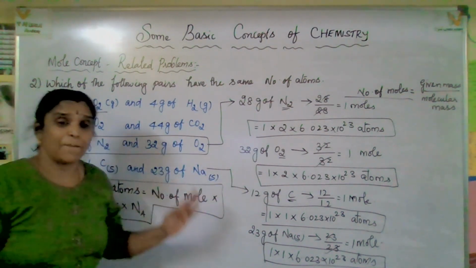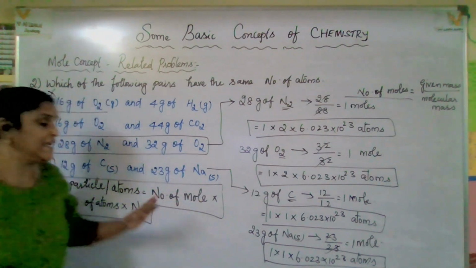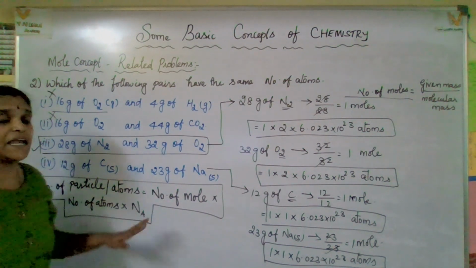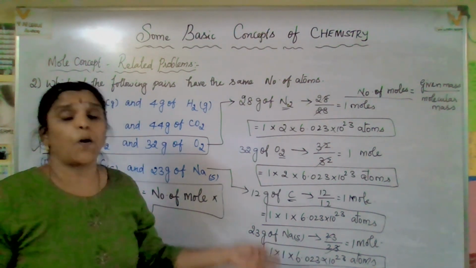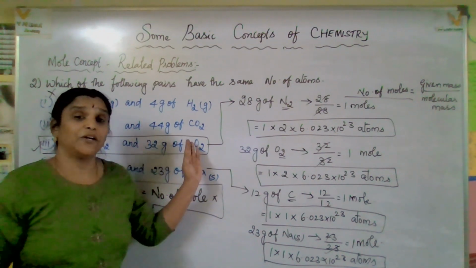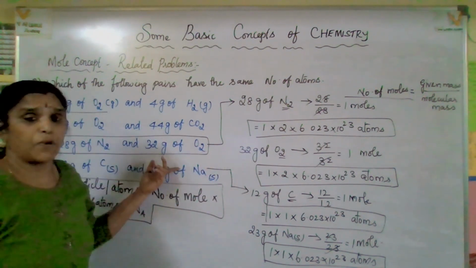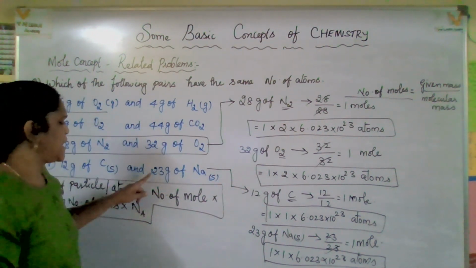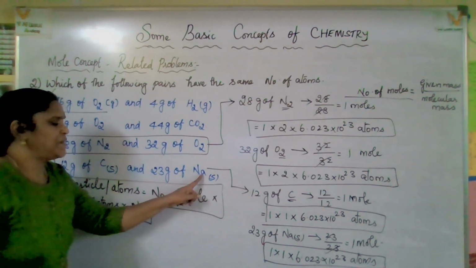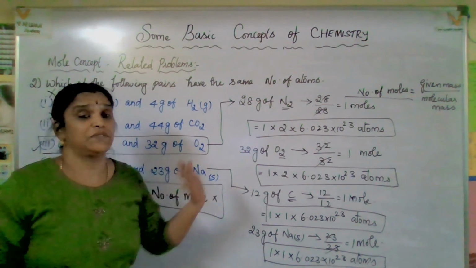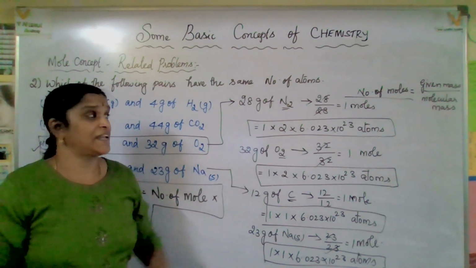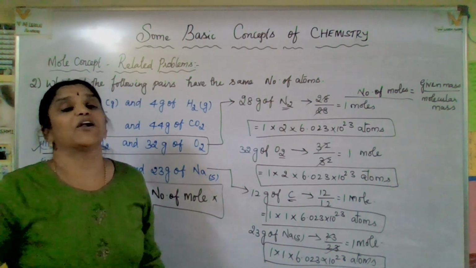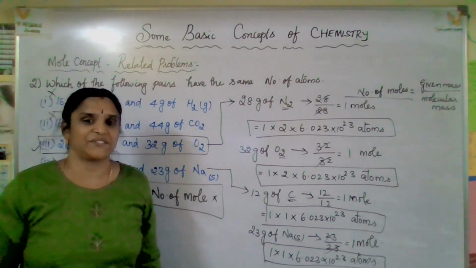Suppose they are asking the number of atoms or number of particles, this is the way you have to identify: number of moles into number of atoms into Avogadro number. Suppose they are not providing the number of moles, you are able to identify number of moles as given mass by molecular mass. Number of atoms, how many atoms are present? See, in this only one atom they have provided, but here two atoms. You should see what it is. Then finally you will get the answer, and formulas are very important. Hope you're clear with this question. Come on, let us go for some more important and interesting questions.